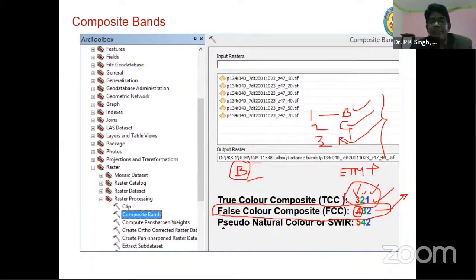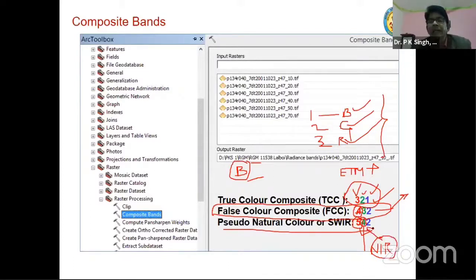Okay, and the combination pseudo natural color, that is a short wave infrared. Short wave infrared band is given red. And infrared will be band 4. So here again, hold the band 4, see band 4 is near infrared, and plants or vegetation gives maximum reflection in this near infrared, and you are giving near infrared green.